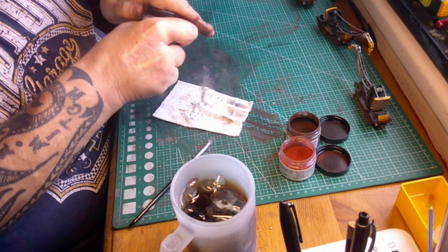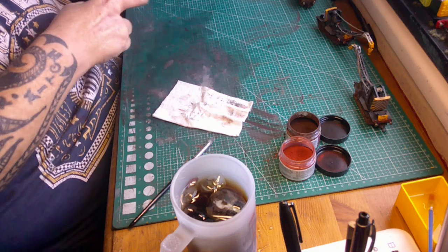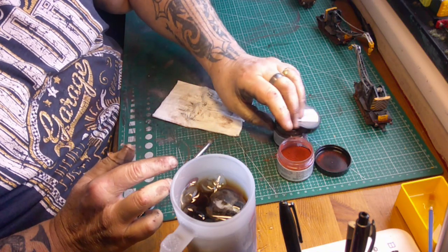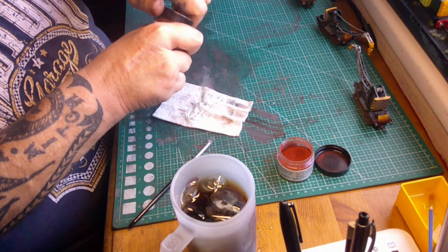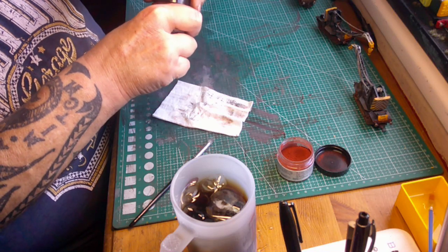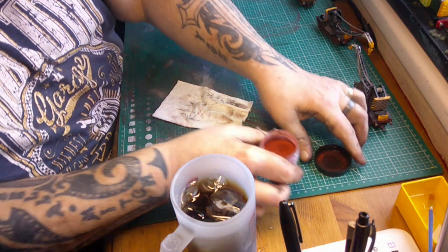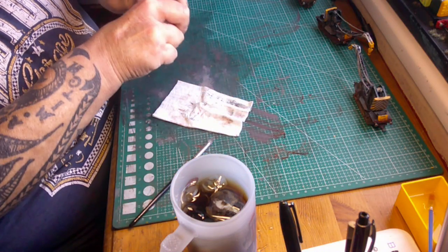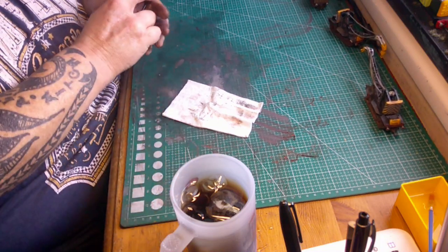So, we're going to call them done. I'm happy with them. The only other thing I can show you is spraying them, but what's the point? You're not going to see anything, you're just going to be looking at a clear liquid heading towards the models. So I'm going to give them 10 minutes or so to dry off and settle down, and then I'm going to,